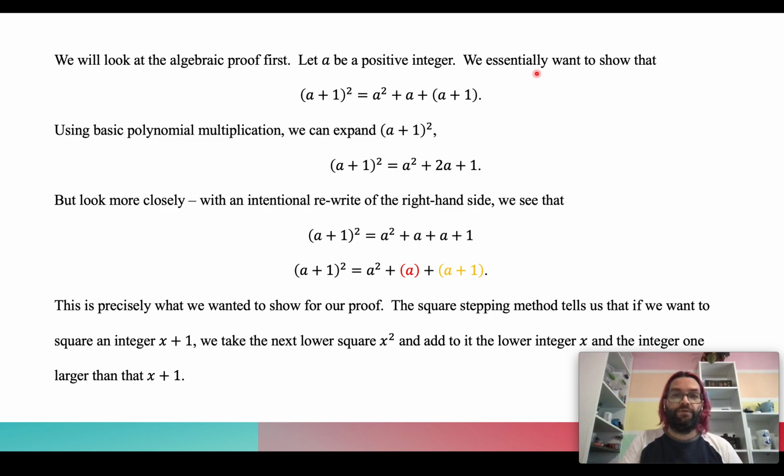The next thing I do is I sort of do more introduction. I tell everybody, hey, this is what I want to show. We essentially want to show that (a+1)^2 equals a^2 + a + 1. Period. Right? This thing is a sentence on its own, but I can also make that sentence part of a larger sentence. Right? And just in case you're worried that you can't do that in English,